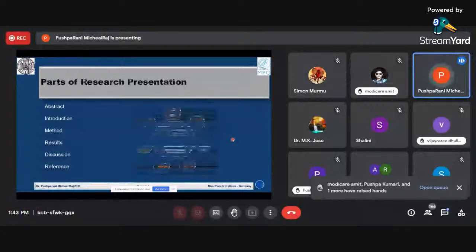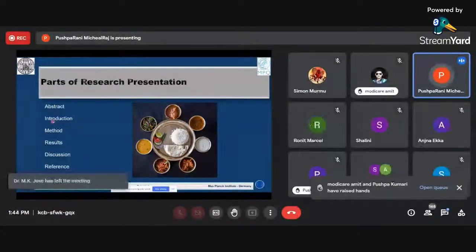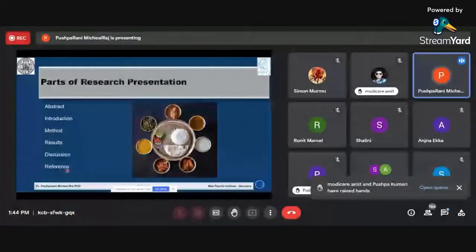This is where we introduce our work to a random person, bringing the person into our work and navigating them through the method we have followed and the results we have, followed by the discussion, what we have interpreted, and the references, because references are quite vital. This will show how updated we are and how much we are following the latest trends. Why do I have this picture? I'll show you quickly.